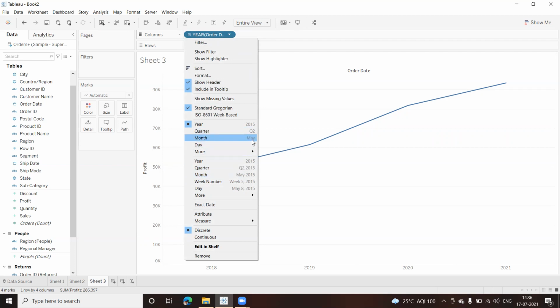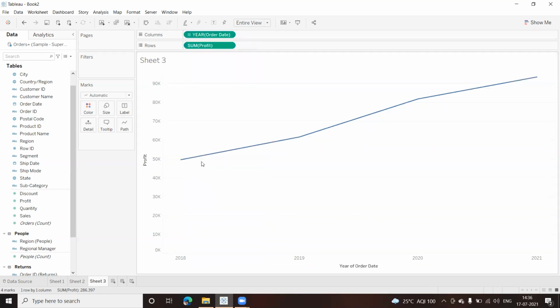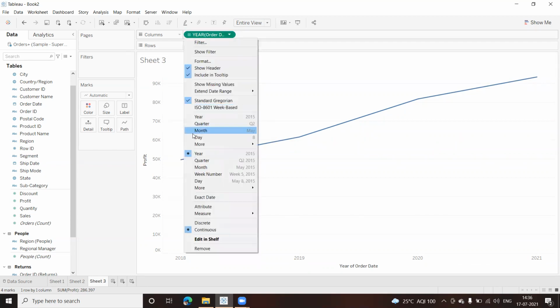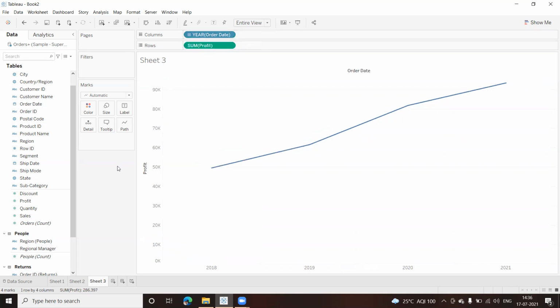Now, this is the discrete form of graphical presentation, and this is the continuous one. If I select this one, look at the color which changes. I'll just show you once more. If I have this here, now this is a dimension. Both are of different color. This is a measure, right? This is a measure, and that's why last time I told you measures are all continuous values. Your date is considered a dimension and it is a discrete value.